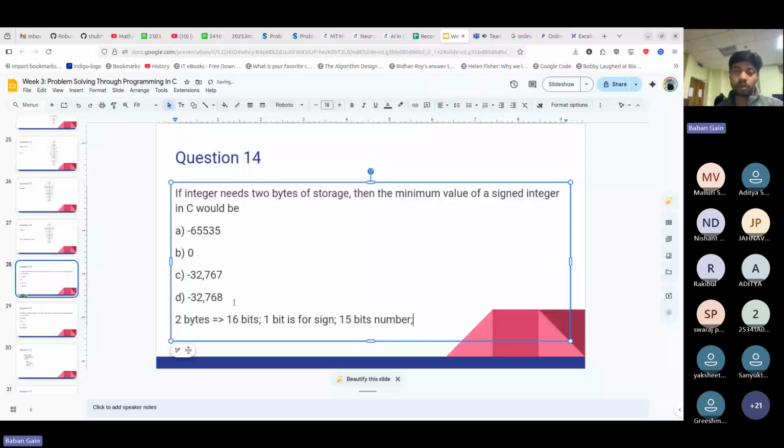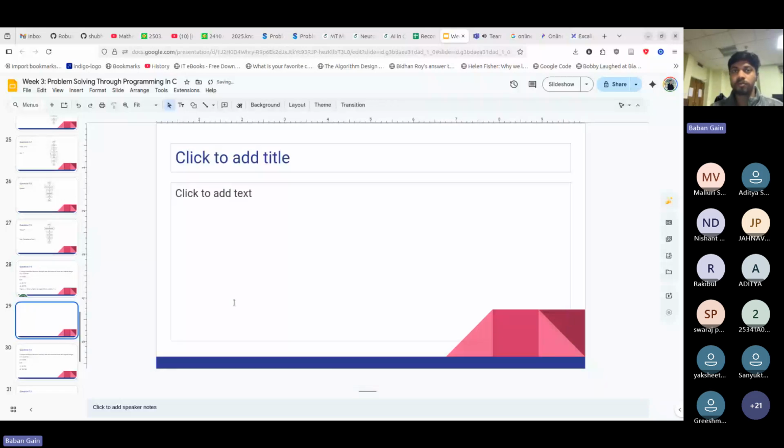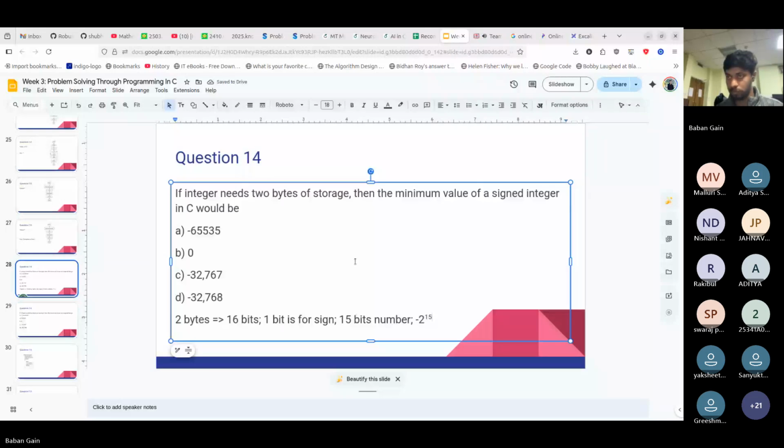So the range for this is minus 2 to the power 15, to plus 2 to the power 15 minus 1. So basically what is happening here is that you have 15 bits,